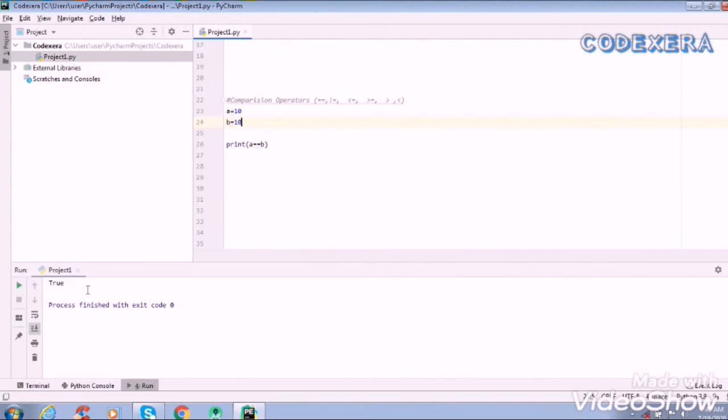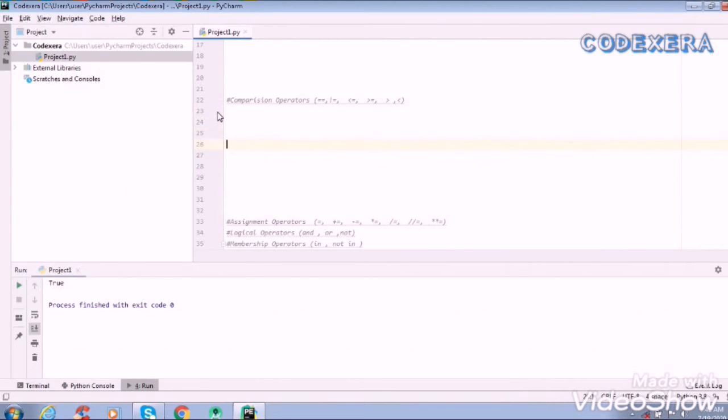So these are the comparison operators, and this is how we can use them by comparing values. Now we print it, and it prints true. So we see that a is really not equal to b, and that's why it is printing true. So this was the comparison operators.